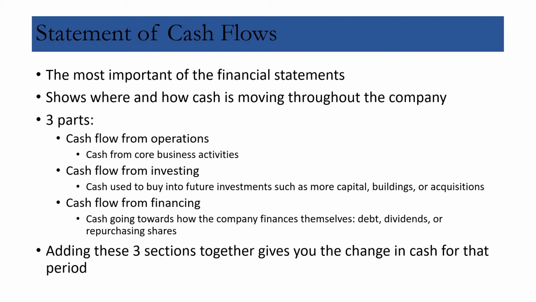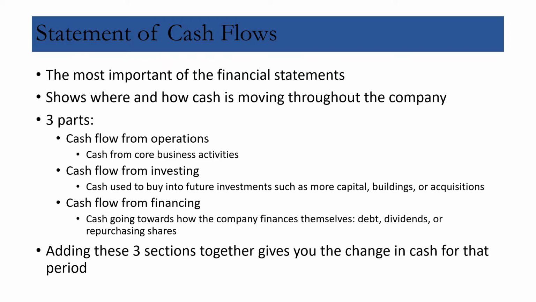And then lastly, the third part is cash flow from financing. This is cash that's going towards how the company finances themselves through things such as debt, the dividends that they pay out, or repurchasing or giving out different shares. These are all ways in which the company is really just raising money and how they're maintaining those relationships. Now, if you add these three sections together, it will give you the change in cash for that period,